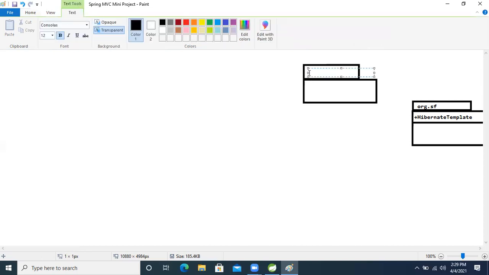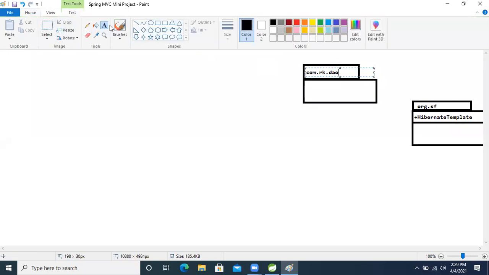com dot rk dot dao, this is the interface package name. After that, what will we take as the name of this class?